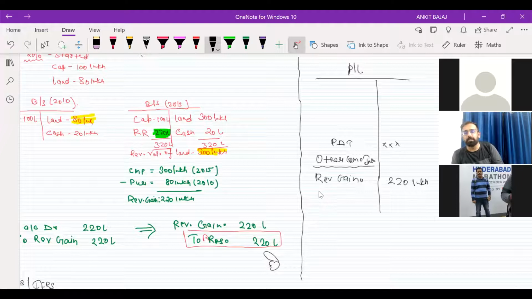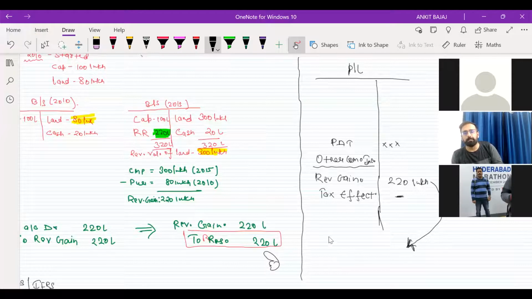So we will be showing this amount in other comprehensive income, right? And we have to provide a tax effect also, a tax adjustment on our transaction. But right now we won't be discussing much about the tax effect; in coming sessions we will be discussing it. So here I'm leaving it blank right now. We have to provide the tax effect also, but you can ignore it right now. So now, what we have done is shown this revaluation gain in other comprehensive income, right? Now this revaluation gain will be transferred